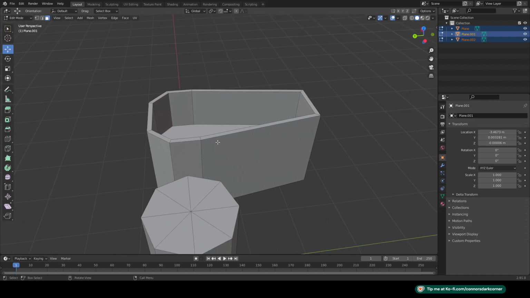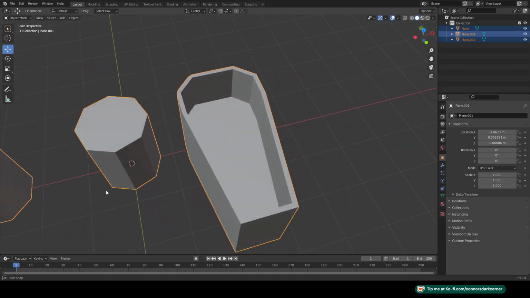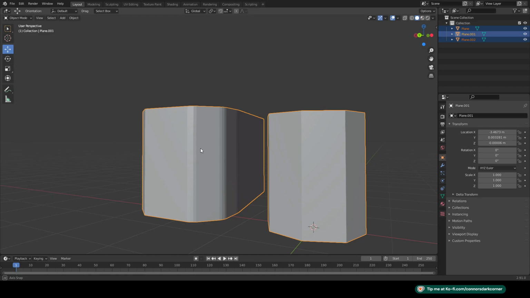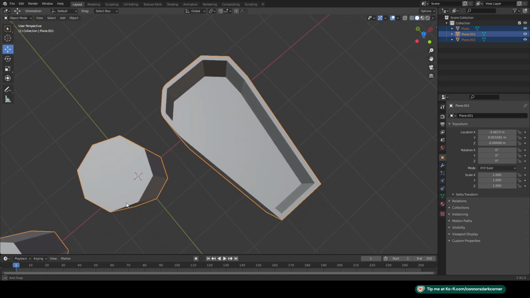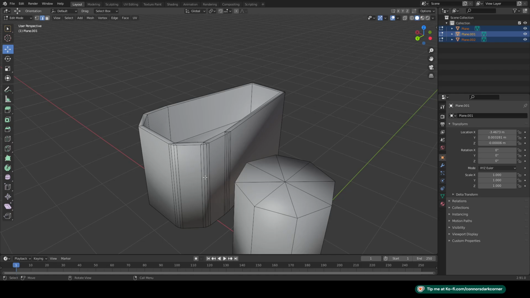I can probably show you how to do some extra stuff. If I go to select these edges, say I want them to be more curved, I can press Control B and then move it around, which will insert faces. As you can see, it's still easy to see where those faces are, but it's a lot smoother. And obviously you could just right click, shade smooth. It's going to look awful, but